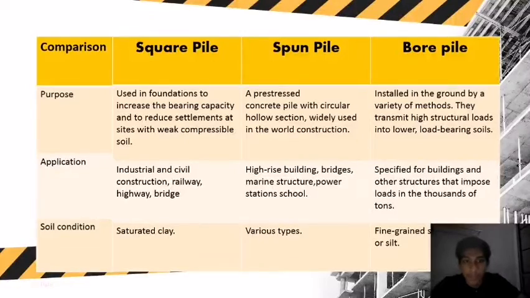Spun pile is a pre-stressed concrete pile with a circular hollow section, widely used in construction around the world, for example high-rise buildings, bridges, marine structures, power stations, and schools. It suits various conditions because it is highly effective in resisting bending